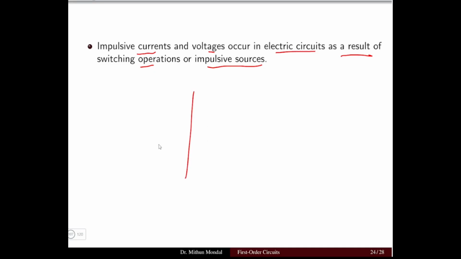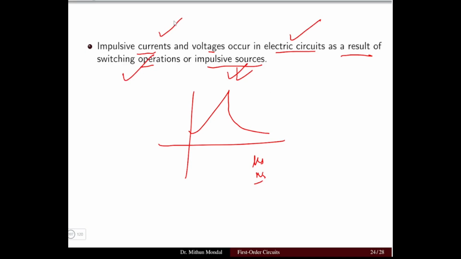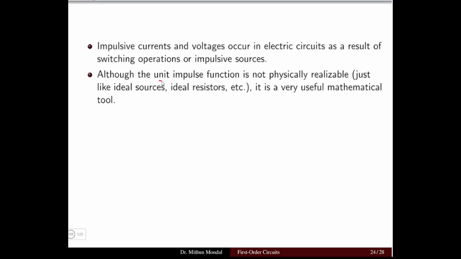When your circuit has a sudden application of source for a very short time, a microsecond or a nanosecond, that results in an impulsive source, and an impulsive current will flow in the electric circuit due to the switching operation. Although the unit impulse function is not physically realizable, just like an ideal source or an ideal resistor, it is